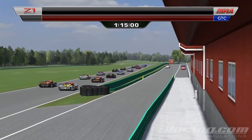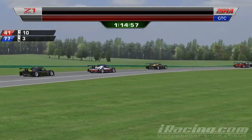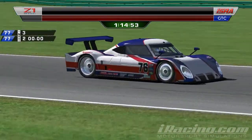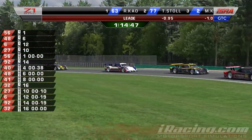And they're accelerating down towards the start, and we've got the green flag, and there the clock is ticking. We see the Daytona prototypes barreling down towards the first corner, very, very difficult to get through cleanly, which it looks like most people have, but these first few laps...